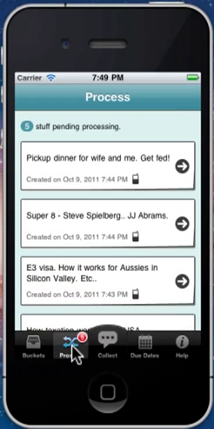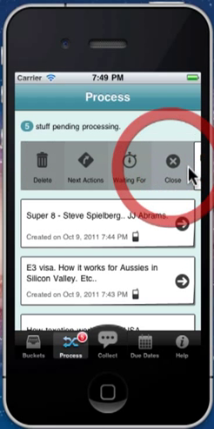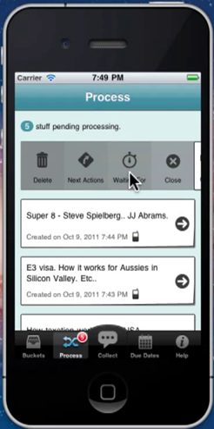So knowing this information, jumping back here, pick up dinner for wife and me, that's obviously going to take some time, but it's something I can do along the way, if I'm about to leave work. So what you can do is swipe the item, and what you will get is a bunch of quick links. So you can tag this stuff.